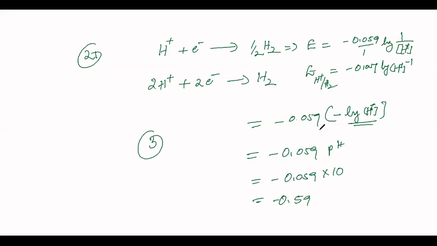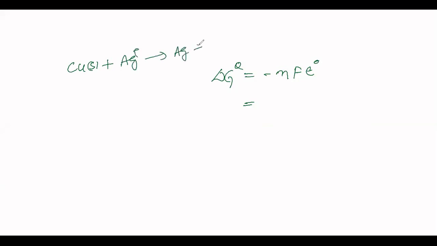Yes, ma'am. Go to the next question, 22. It is a simple one. All of you can do this. For the reduction of silver ions with copper metal, the standard cell potential was found to be 0.46 volt at 25 degrees centigrade. The value of Gibbs free energy is, you have to use delta G0 is equal to minus NF E0. That's all.